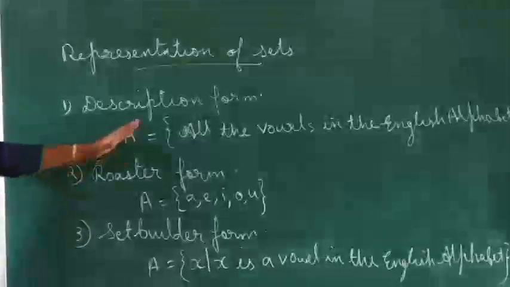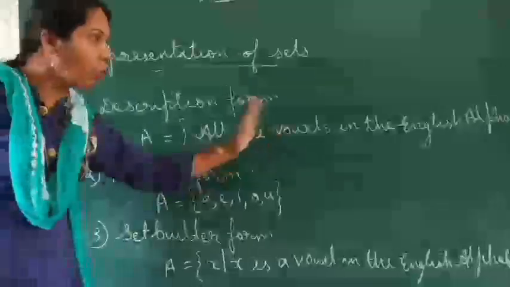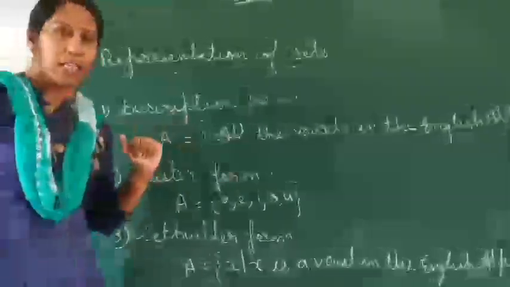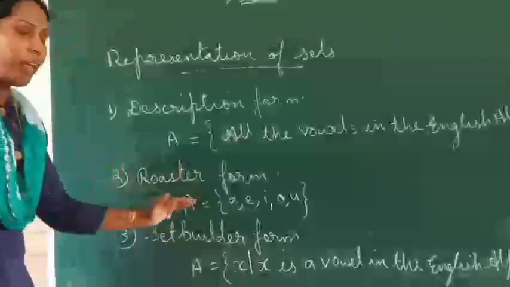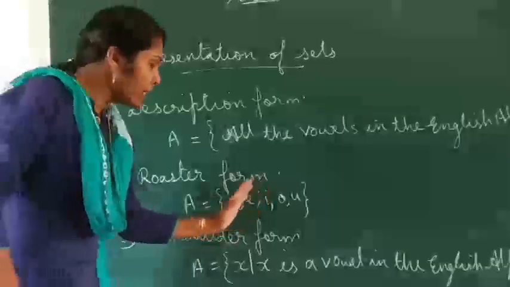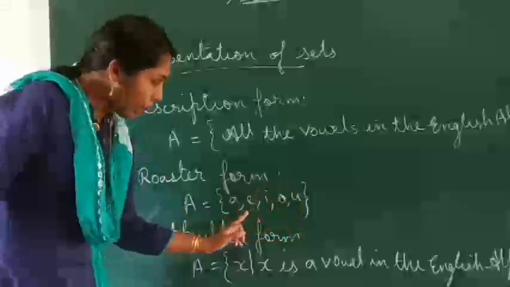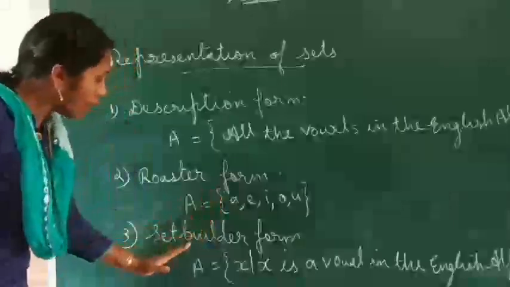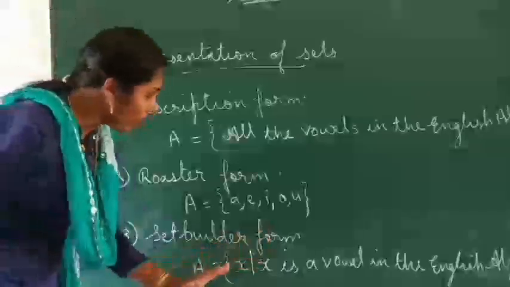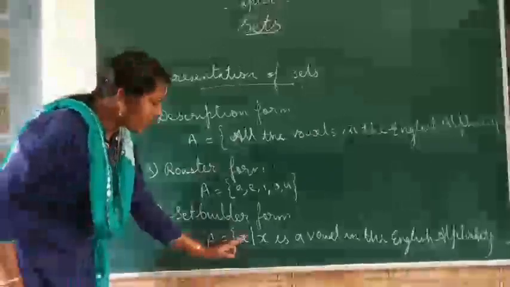So this is the set builder form. In the first method, we describe the properties of all the members of the set inside the curly bracket. In the second method, we write each member of the set inside the curly bracket separated by commas. And in the third method, that is set builder form, we write A is equal to set of all x